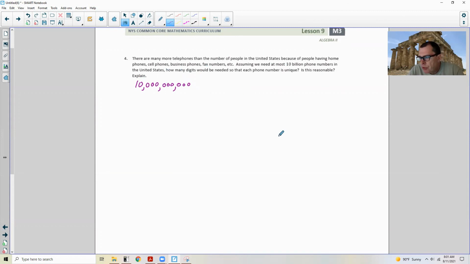Okay, so what you would say is, since it's 10 digits in a phone number, 0, 1, 2, all the way up to 9, that's 10 digits. This is a base 10. So you would say the log, and I don't need to write base 10 here, the log of 10 billion